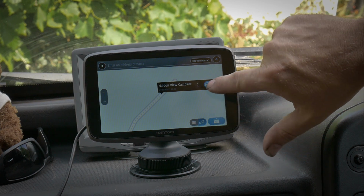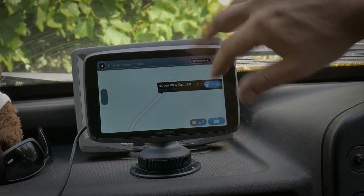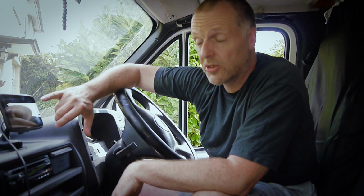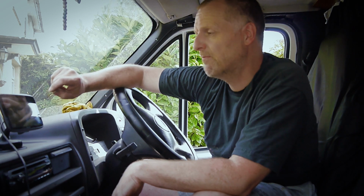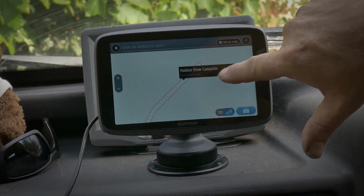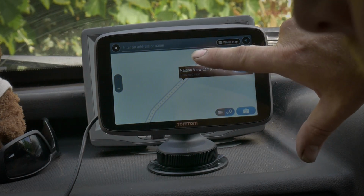So you've obviously selected your... I found this on the computer and added it in manually. Now some of the places, it's hard to find with an address. I've typed in the address and the TomTom couldn't find the place. So the best way I found to do it was to put in your longitude and latitude,